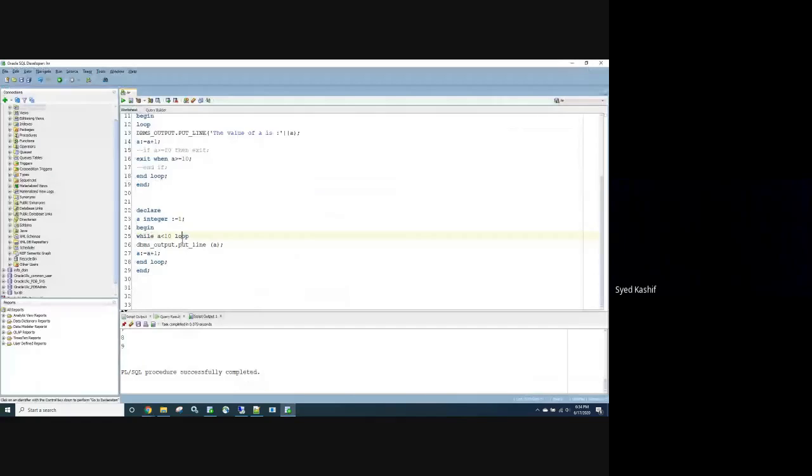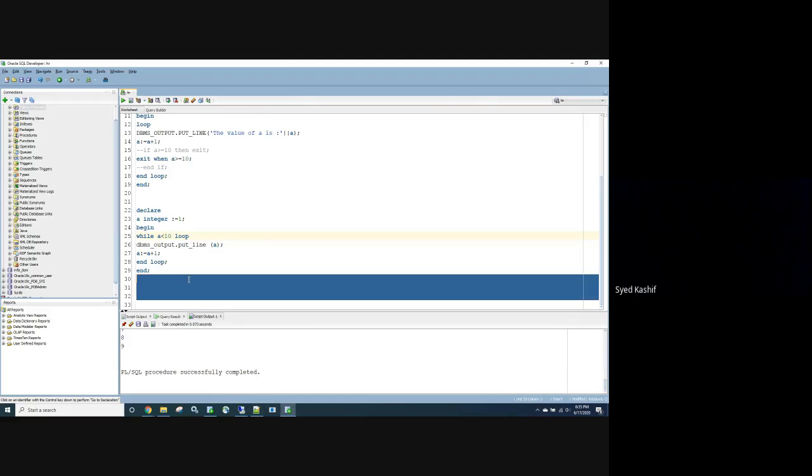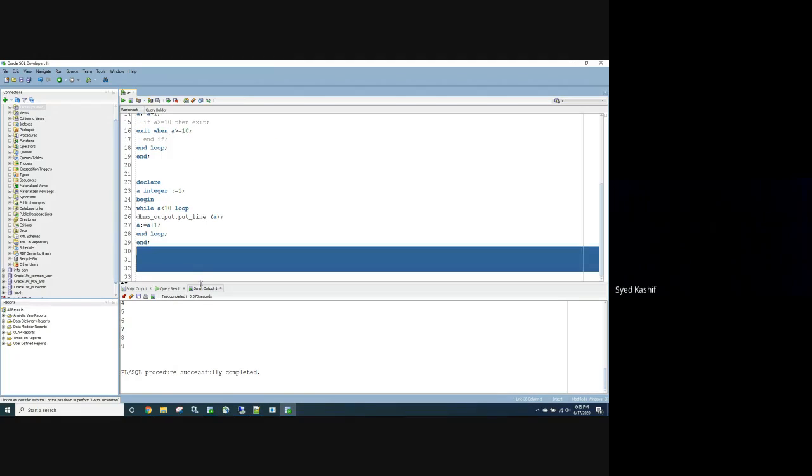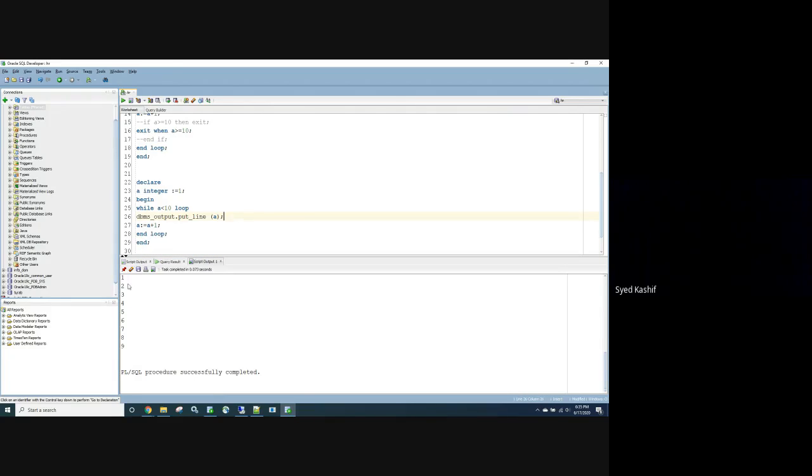Now, in this one, this is my output, right? 1, 2, 3, 4, 5, 6, 7, 8, 9. Now I do not want to display the value 5 here. Okay, I do not want to display value 5 here. So how will I do it? I will have to write another